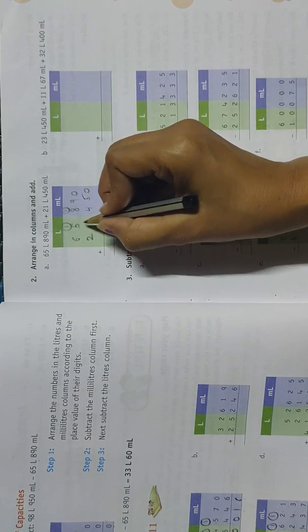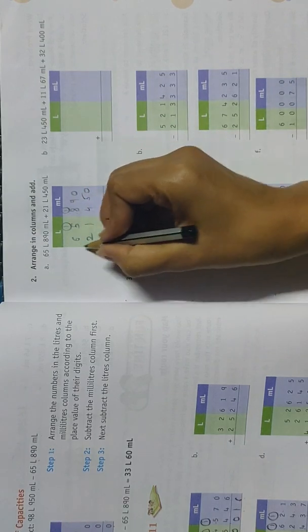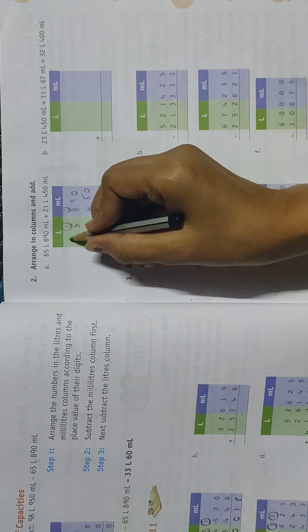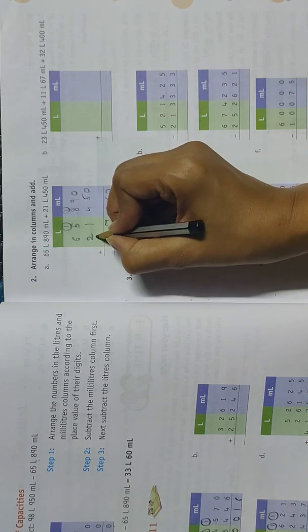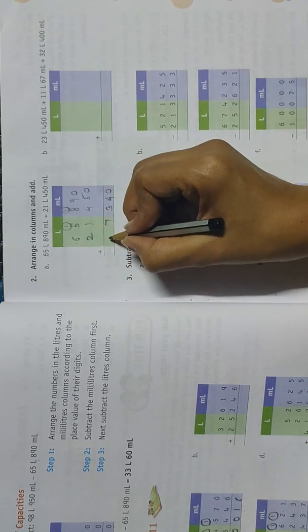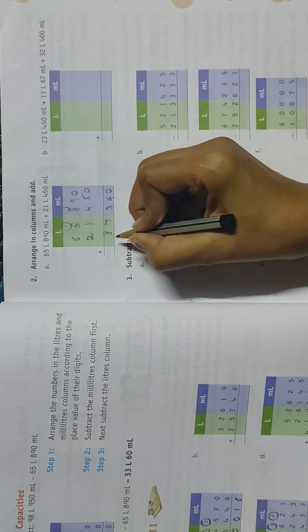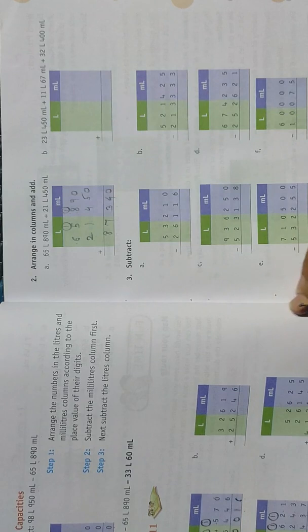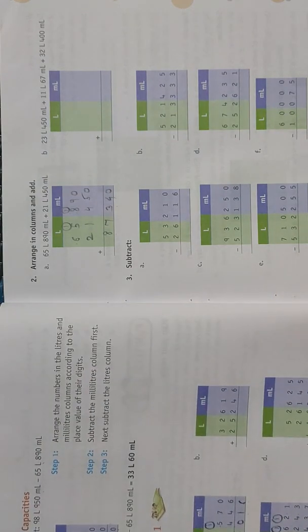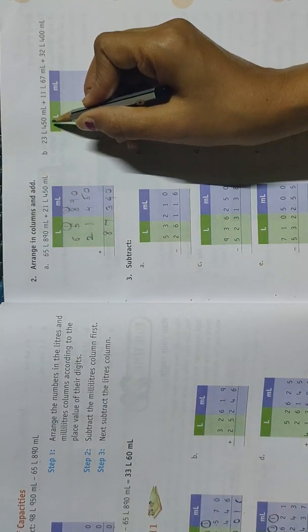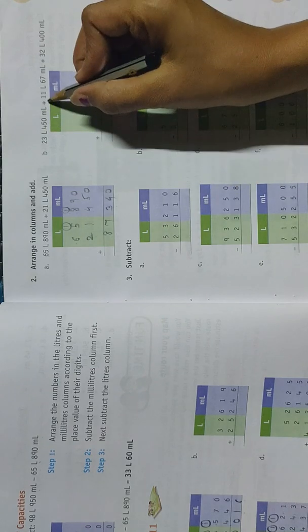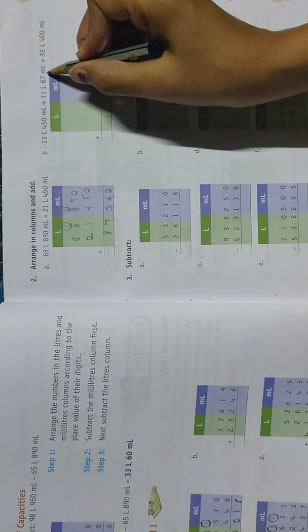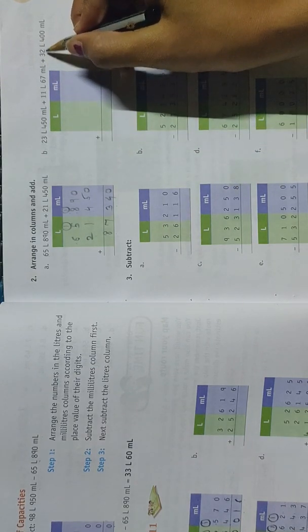5 plus 1 is 6. 6 plus 1 is 7. 6 plus 2, count after 6 up to 2 fingers. So your answer will be 8. So what is the answer here? 87 liter 340 milliliter. Now next is given 23 liter 450 milliliter plus 11 liter 67 milliliter plus 32 liter